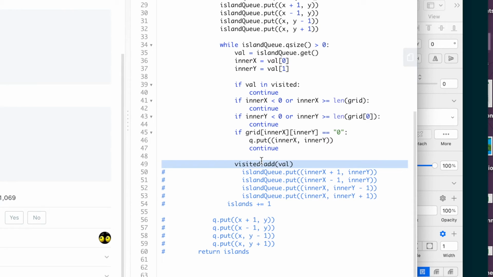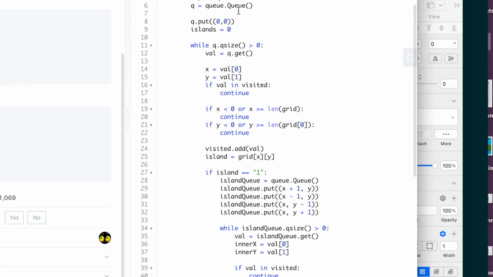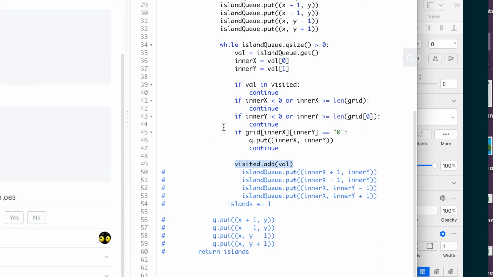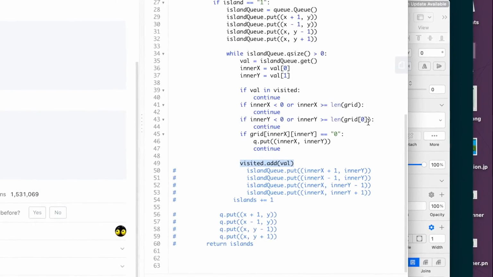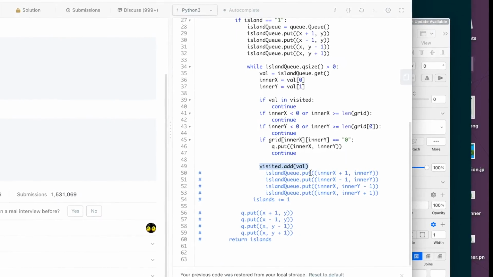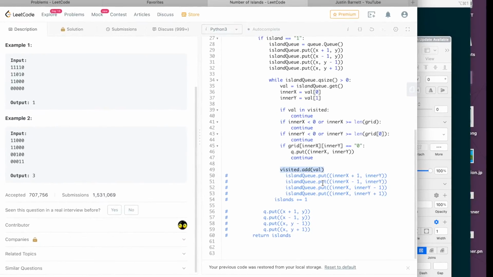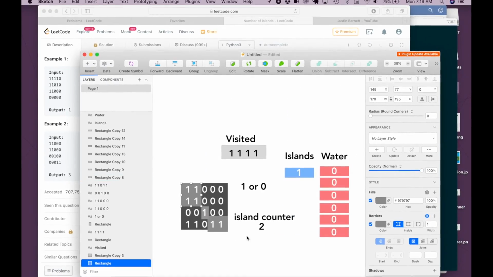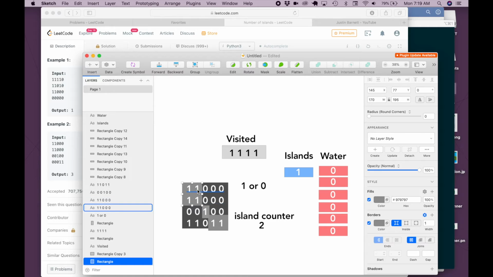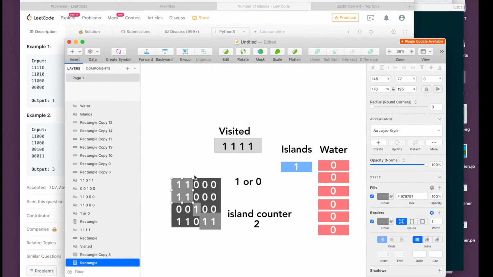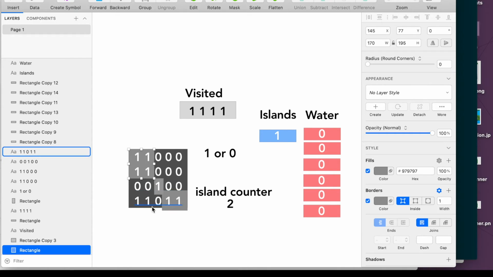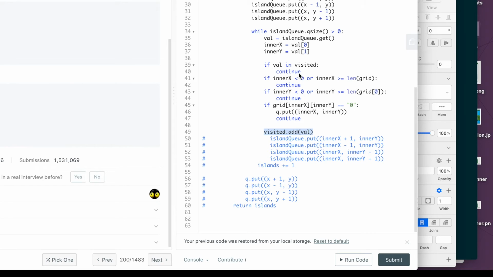And this is really important because this visited list will tell our main queue, the water exploring queue, that this land has already been visited. So this is the part that makes all of this work, because when we explore the breadth of the island, all the points in the island are added to the visited set. So now when we fully explore the breadth, if we hit the same island again, it won't be registered. Now we add the surrounding area onto the island queue,